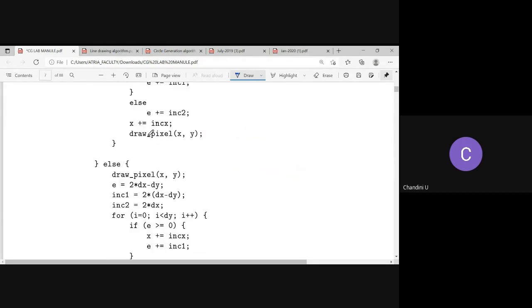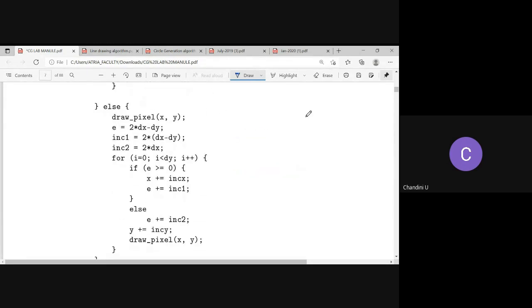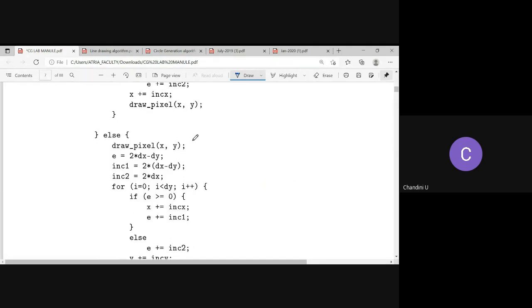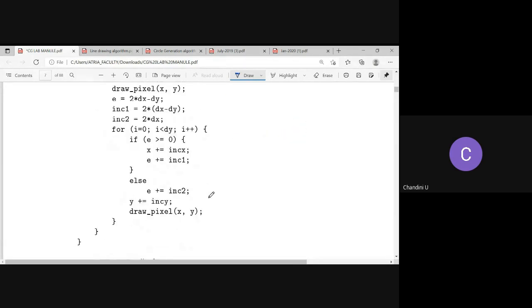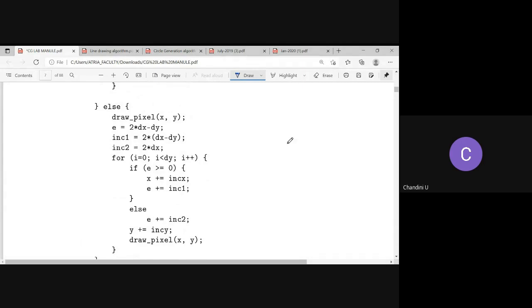Now suppose dx is less than dy. In that case we are just changing the x thing. We are keeping the y constant and we are focusing only on the x. In either of the cases we will be incrementing y. Whether to increment x or not depends upon the value of the decision parameter.